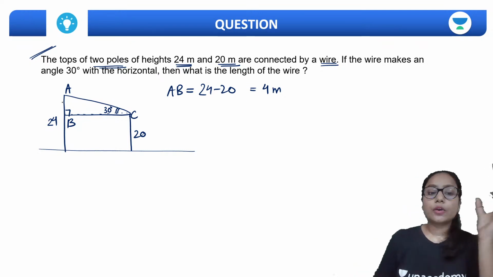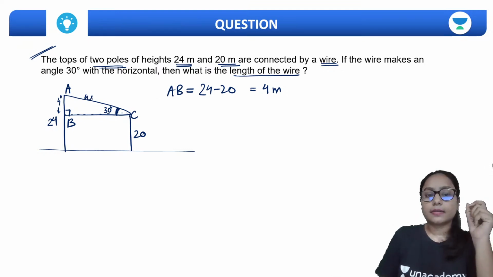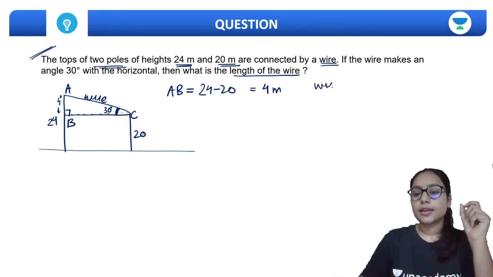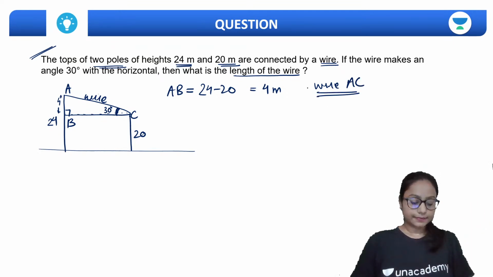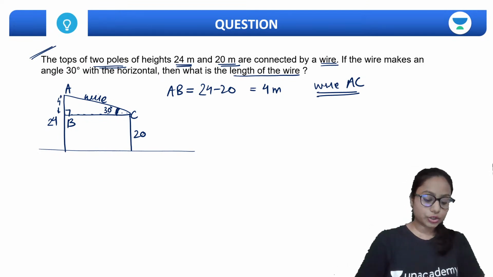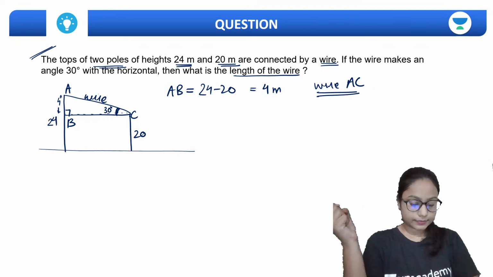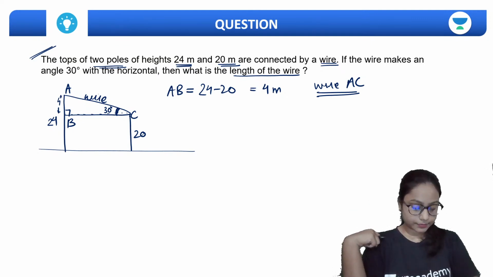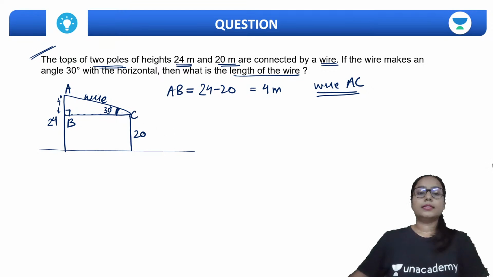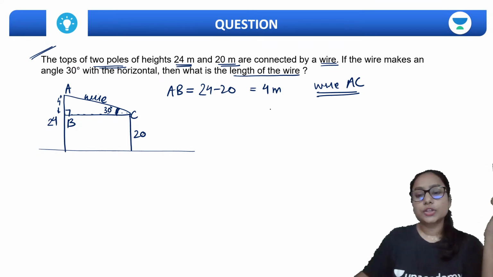Now, so you have 4. So you know the length of AB is 4. You know this angle. We have to find the length of the wire. This is the wire. Wire is AC. Right? So which trigonometric ratio should I use? I have to find the length of AC. Which trigonometric ratio should be used here? AC is the hypotenuse, right? AB is the perpendicular. So I will use